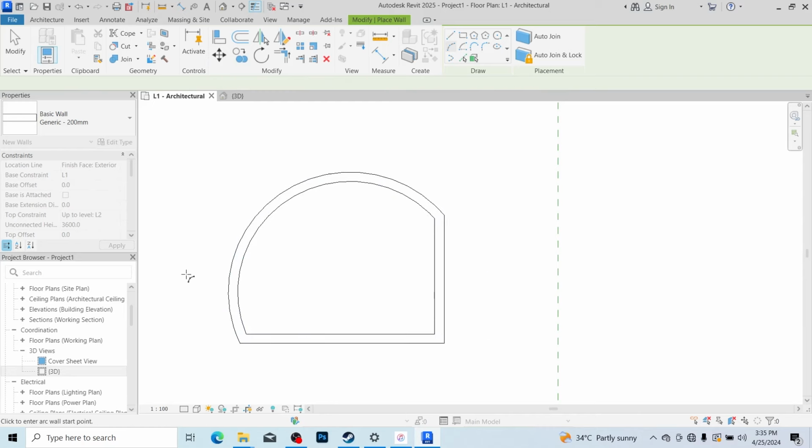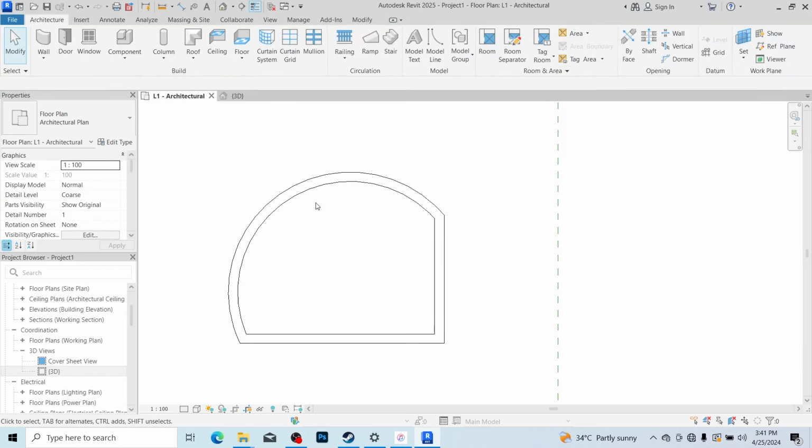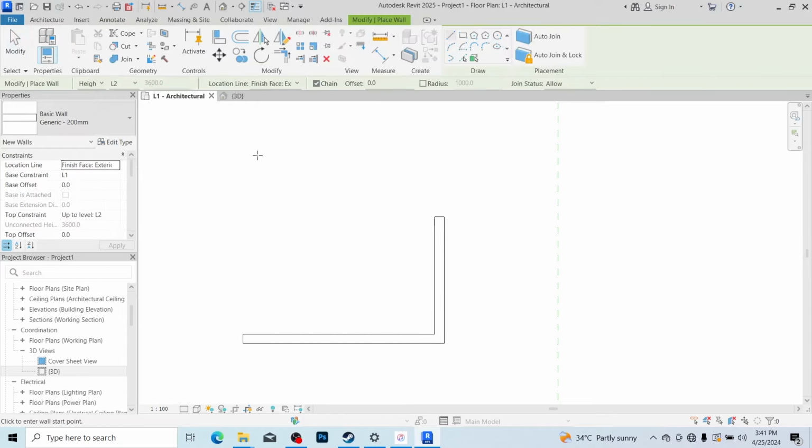So now we have our sort of building. Now remember, if I press escape twice, it's going to disable the wall command. So okay, let's get serious and change this wall from this curved wall that we have here. I'm just going to click another wall and generate 200. Let's just finish this too. And I'm going to show you a little trick of how you can go about finishing your walls. Now Revit has